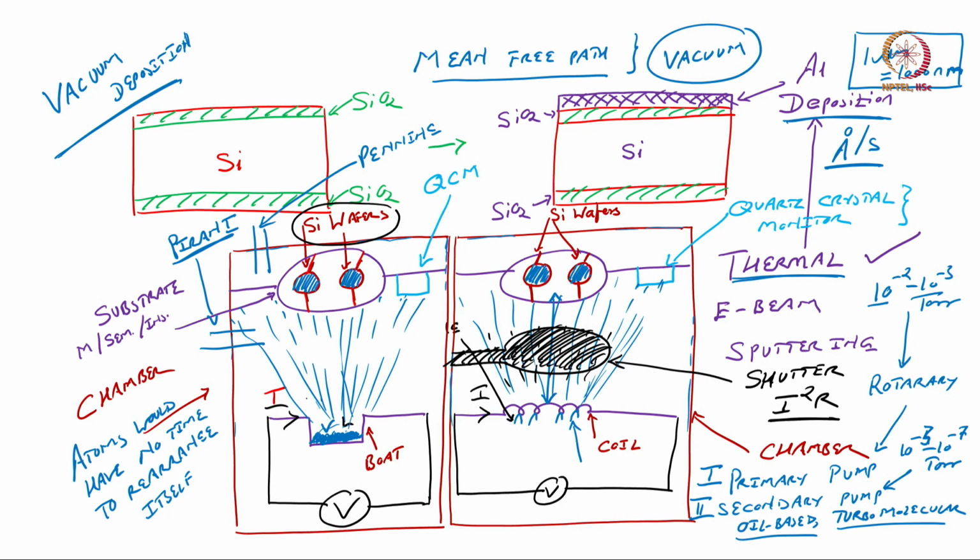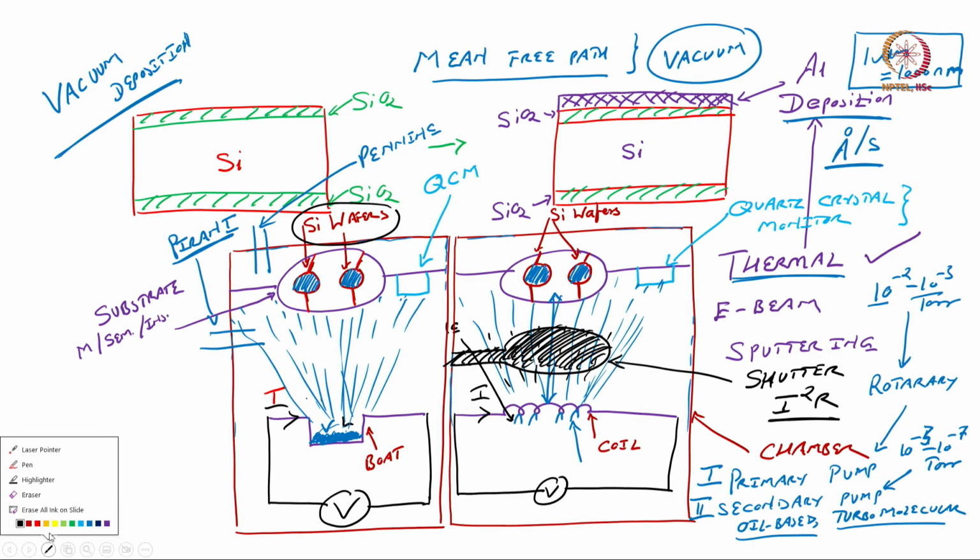So, these things are easy until now. Now, we have deposited aluminum, okay, using thermal evaporation. So, what can be the limitation here? Can you think what can be the limitation here? The limitation of this particular system is that we have to rely on applying thermal energy to the source material, so that it gets melted and starts depositing. That means that my melting point